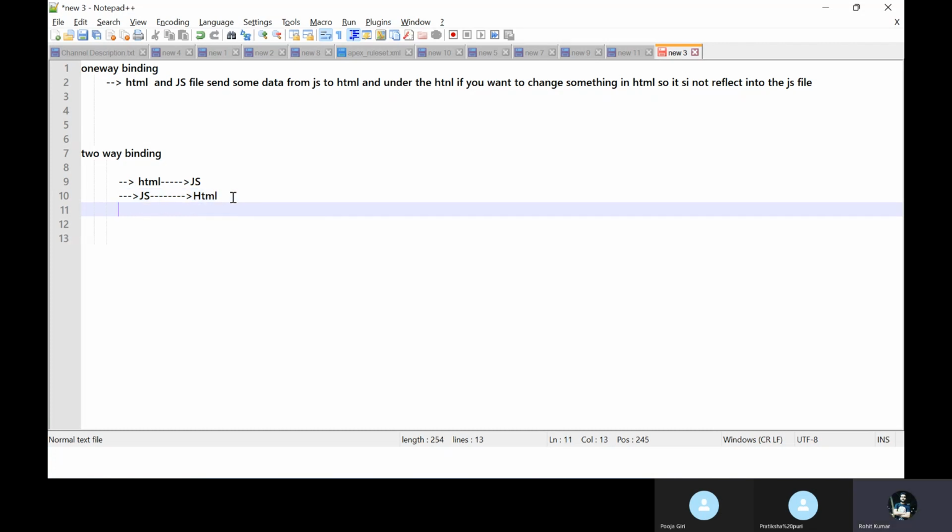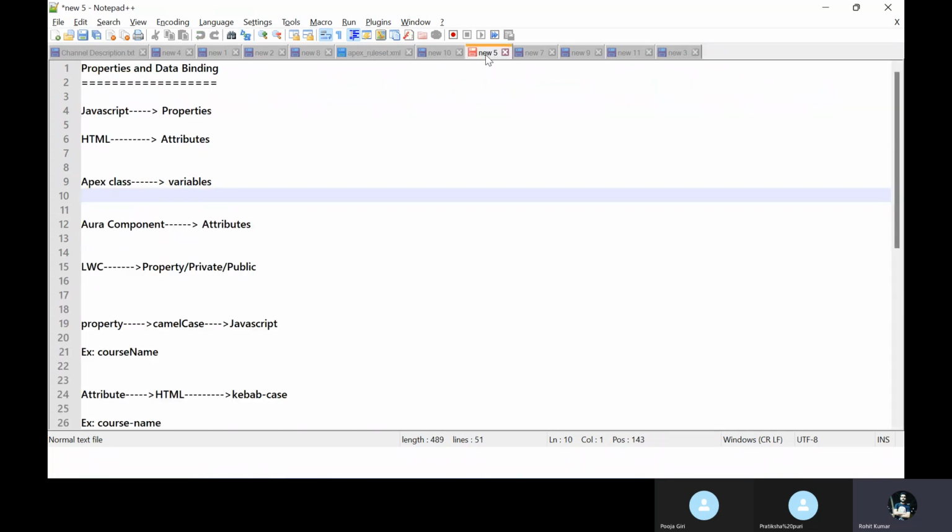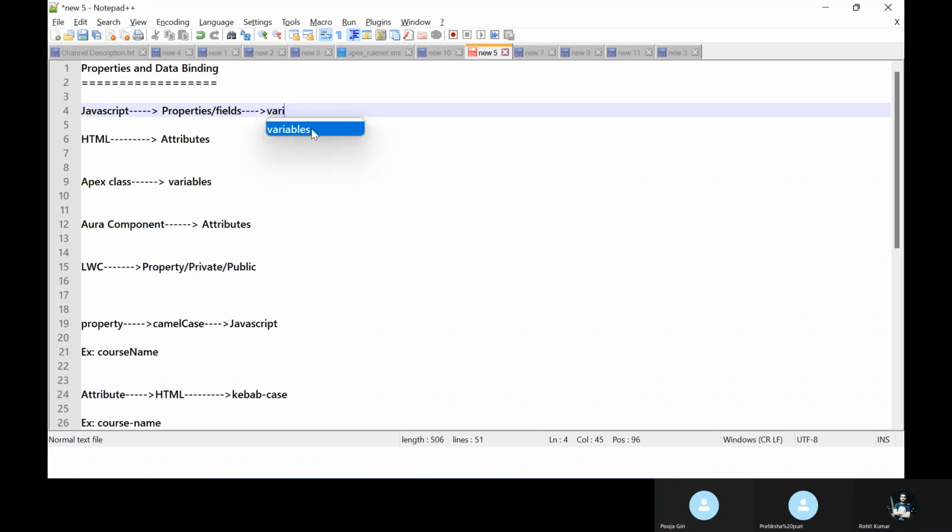Now in this session we will learn lots of things, like property and data binding. Always remember, in JavaScript we have properties. Properties or fields are both the same, that is called a variable, in JS.